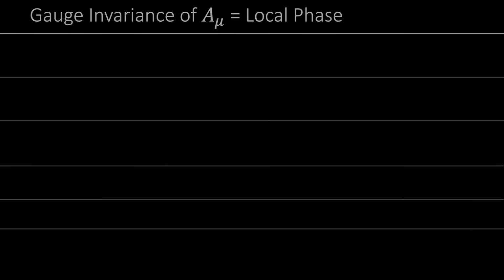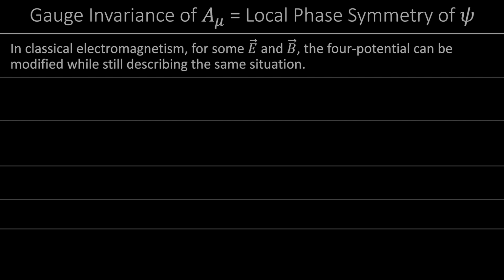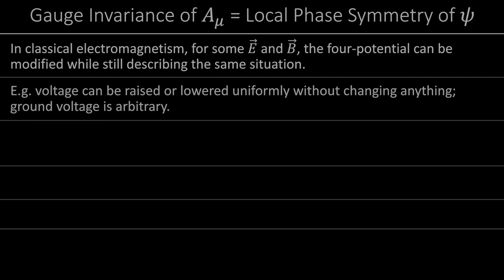So, okay. Oh, I have to say a few words about the gauge invariance of the 4 potential and how it relates to the local phase symmetry of psi. So, in classical electromagnetism, if you have some electric field and some magnetic field, the 4 potential can be modified while still describing the same situation. So it's kind of redundant, like there can be multiple different 4 potentials that correspond to the same electric and magnetic fields. So, the classic example is that voltage can be raised or lowered by some uniform amount without changing anything